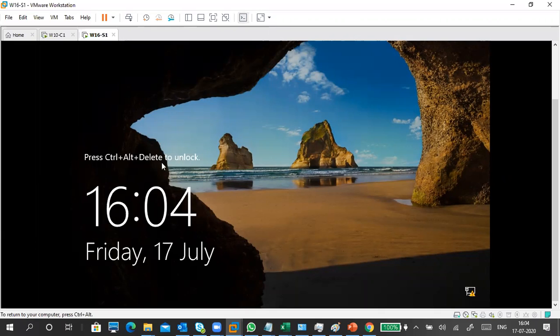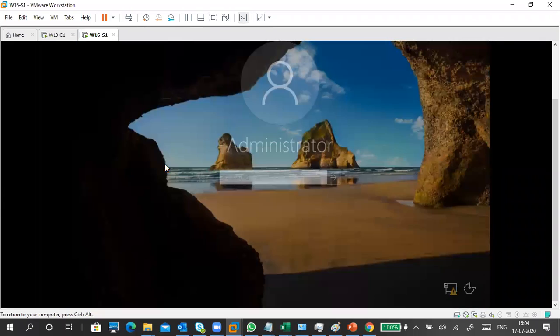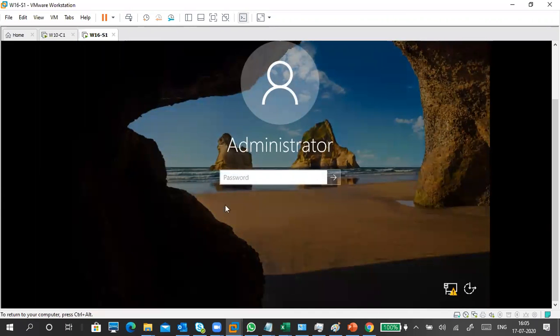Okay, so in a virtual machine, in VMware Workstation, it is Alt Control Insert. Figure out where the Insert key is first, and then press Alt Control Insert. In my laptop, Insert is in red color, which means I have to press the function key also. Okay, so Alt Control Insert. So let it create their profile and their services.